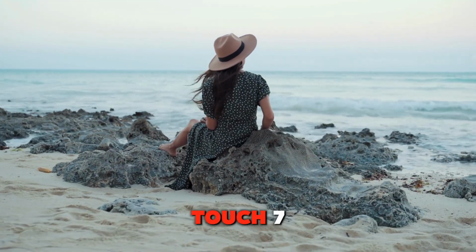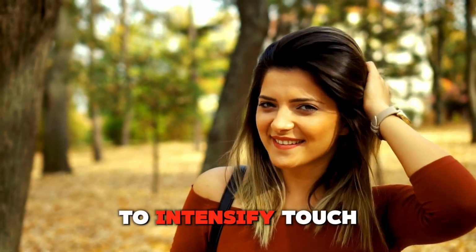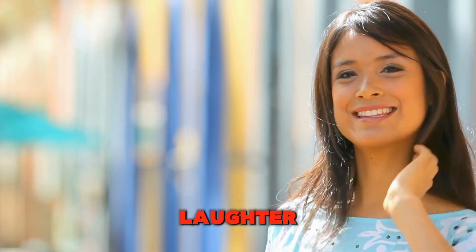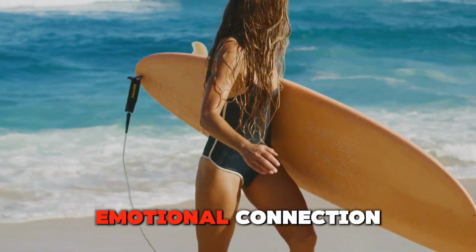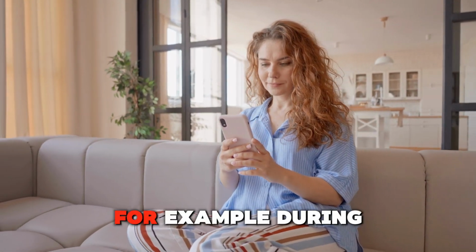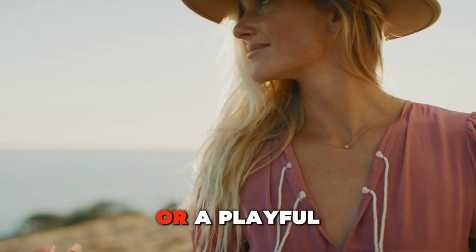When to intensify touch. Timing and context are crucial in determining when to intensify touch. Pay attention to the flow of your interaction and her comfort level. Moments of shared laughter, deep conversation, or emotional connection are often the best times to increase the intensity of your touch. For example, during a moment of shared laughter, a gentle touch on the shoulder or a playful nudge can